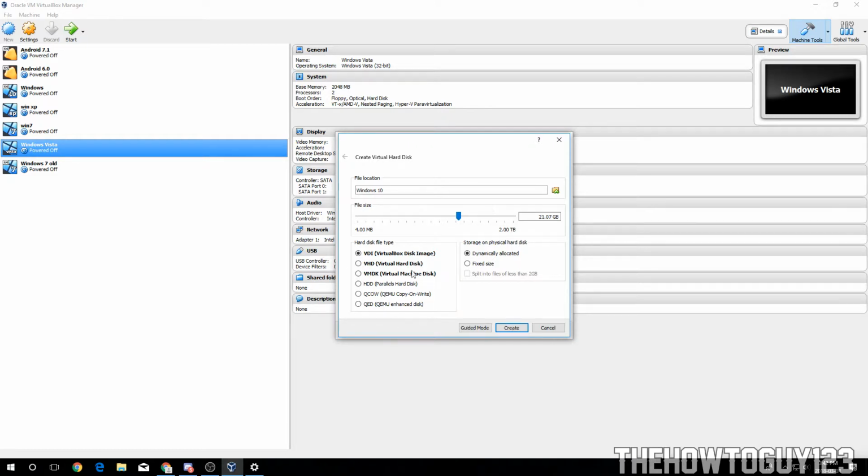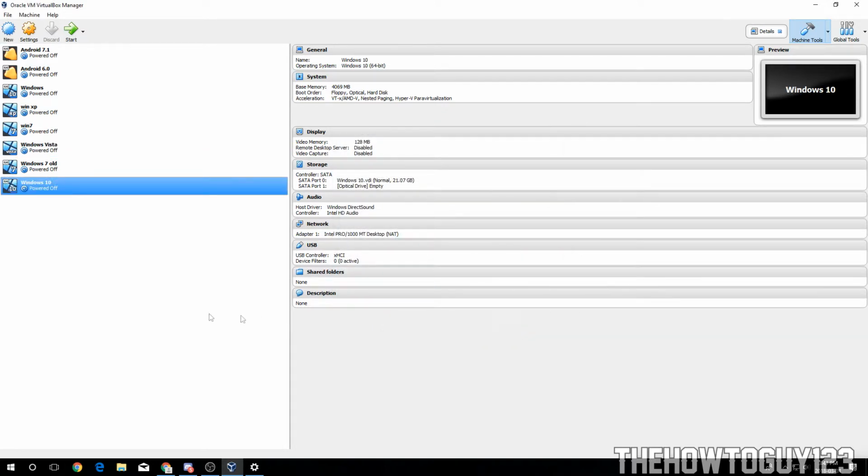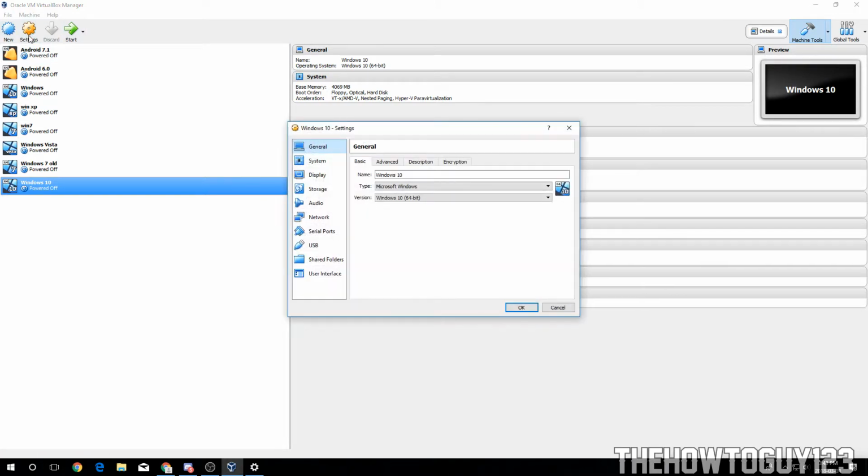And 21. That's good enough. And then make sure this is a VDI, VirtualBox disk image, and set this to dynamically allocated, and then click create. And now your VirtualBox is created, but we're gonna come back up here to settings,